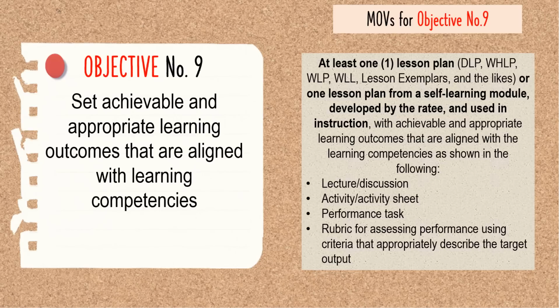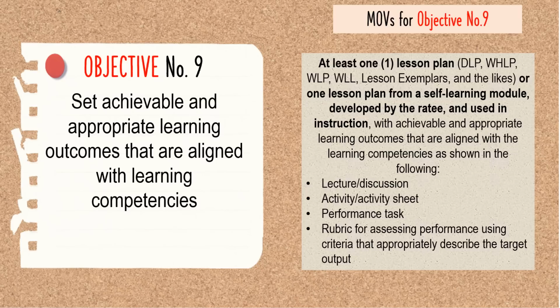Objective number 9: set achievable and appropriate learning outcomes that are aligned with learning competencies. The mode of verification is at least one lesson plan, DLP, WHLP, WLP, WLL, lesson exemplars and the like, or one lesson plan from a self-learning module developed by the ratee and used in instruction with achievable and appropriate learning outcomes